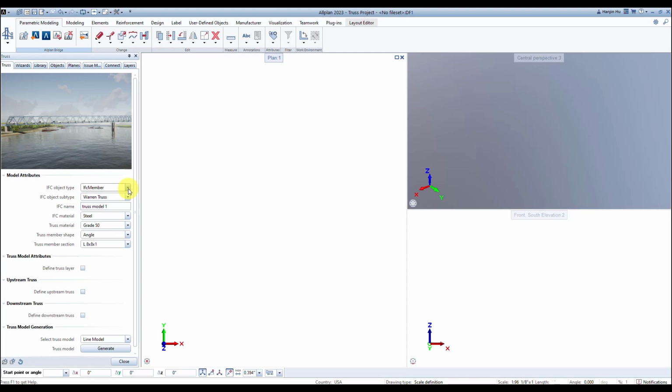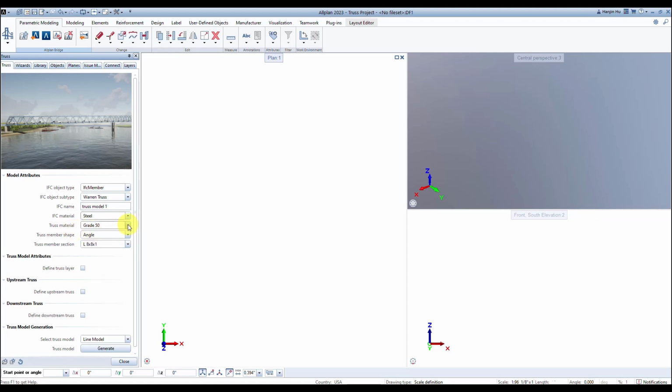I chose the IFC member, and similarly, I can also choose, say, IFC beam, IFC column, etc. And then the subtype is for the type of truss. So this truss is a Warren truss. And here I can input a truss model name, and also the truss material, which is steel. And similarly, I can choose concrete and timber,